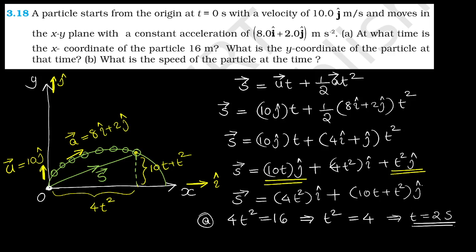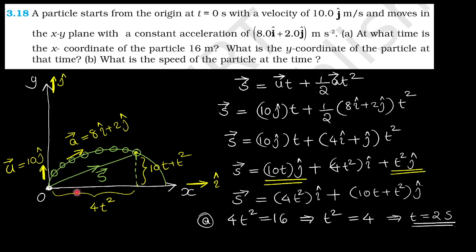Sir, tell me, this 4t square i plus 10t plus t square, how did it change into 4t square equal to 16? See, s equal to 4t square i plus 10t plus t square j. What is the actual meaning of this? S is the displacement, right? S is this one, displacement. For this displacement,